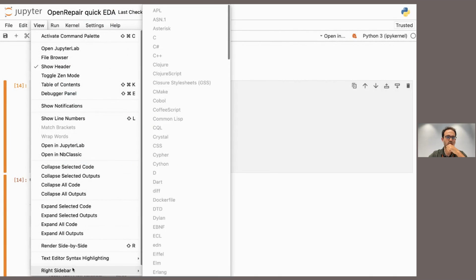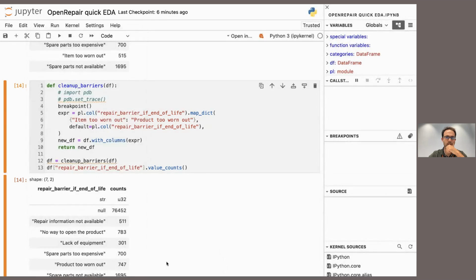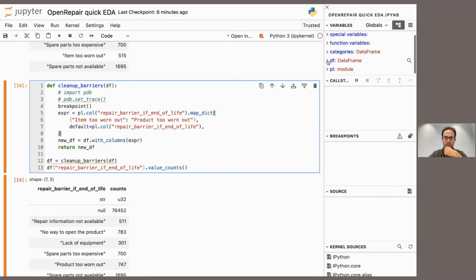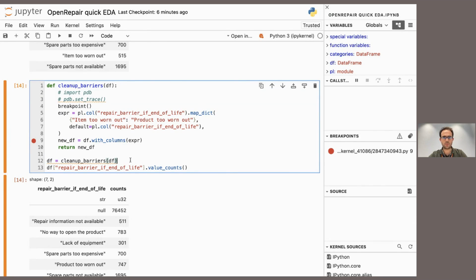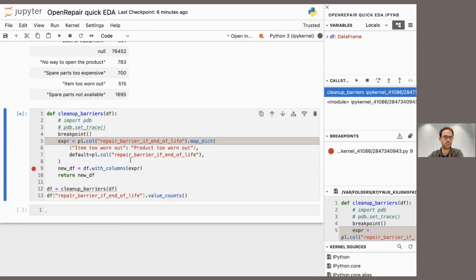I'm going to view the right side of our debugger, and you can see a number of things here. So these are all my variables: df, my categories data frame, and so on. And what I'm going to do is set a breakpoint again in the same line as before. You see that it's marked with a red dot here. And if I run this code, you see that